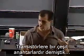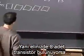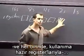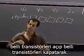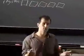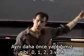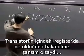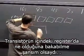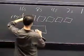Well, transistors were just these switches, that is light bulbs effectively. So if you have 8 transistors at your disposal within each of these registers, just by turning certain transistors on and turning certain other transistors off, you can effectively represent numbers, like we did with 0 and 1 and 2 and 3 and 4. So if I punch in the number 2, what's inside this register if we blow it up? We essentially have